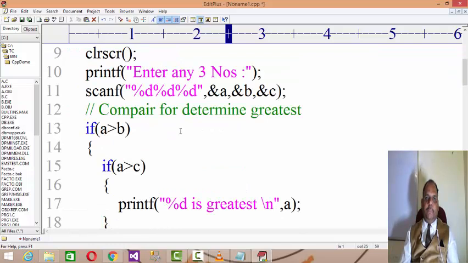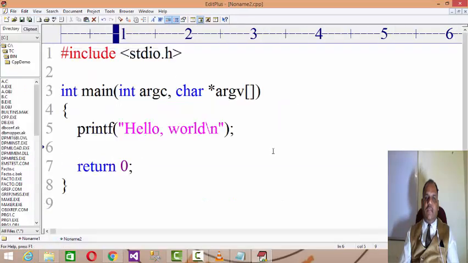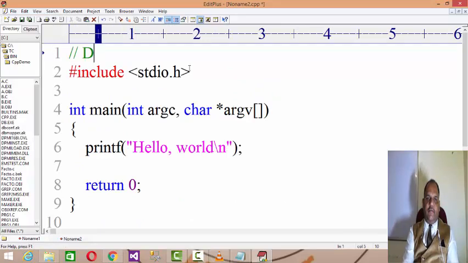Right? Okay. Then let us go for the second question, that is demonstrating the if ladder.